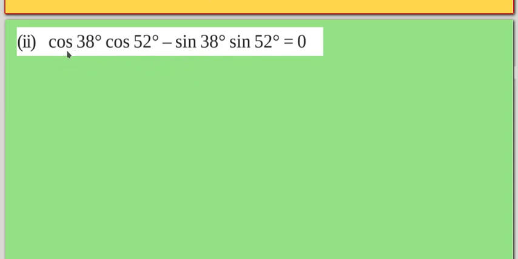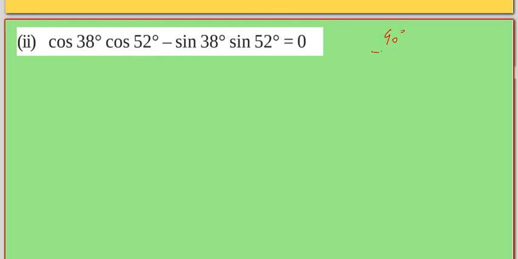So for that, let me try cos 38. For 38, which is the complementary angle, from 90 we subtract 38: 10 minus 8 is 2, 8 minus 3 is 5. See, 38 and 52 are complementary angles. Those two are the only angles available everywhere. So cos 38, how can we write it? Cos 38 is nothing but sin 52, since the complement of 38 gives sin. So cos of 38 equals cos of 90 minus 52, because from 90 if we subtract 52 we get 38.